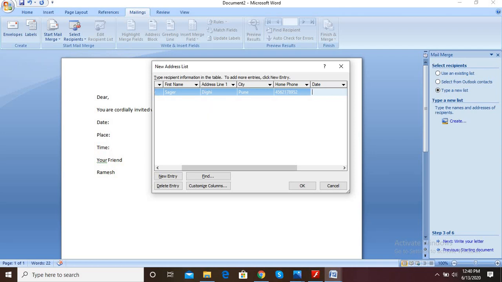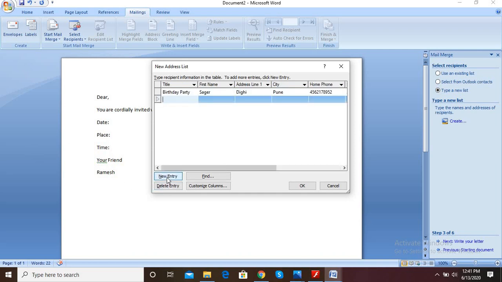Date, for example, 24th June 2020. Then time, 7 p.m. and venue at home. Okay, and then how to go to the next line. With the help of this New Entry tab, you can go to the next line.